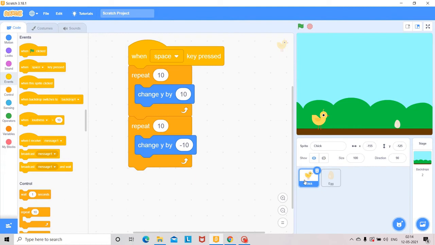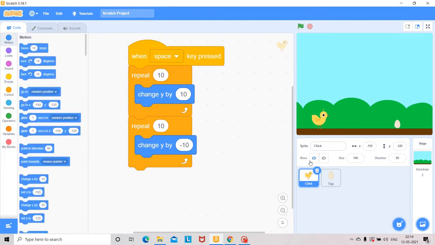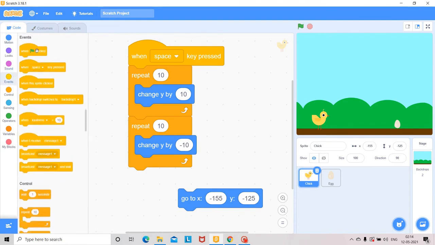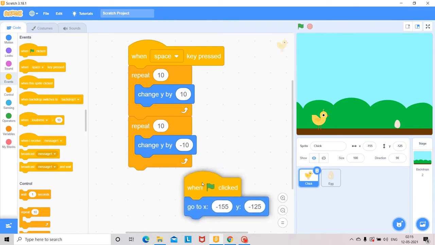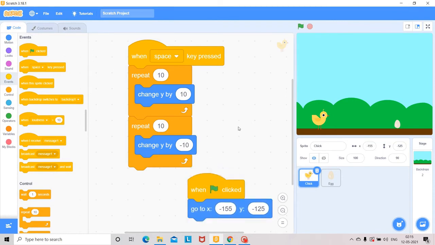So first you select the chick and go to motion, and where the chick is present: on the x-axis minus 155 and on the y-axis minus 125. So go to x, when the event is flag clicked. Okay, and here you can give the score also.